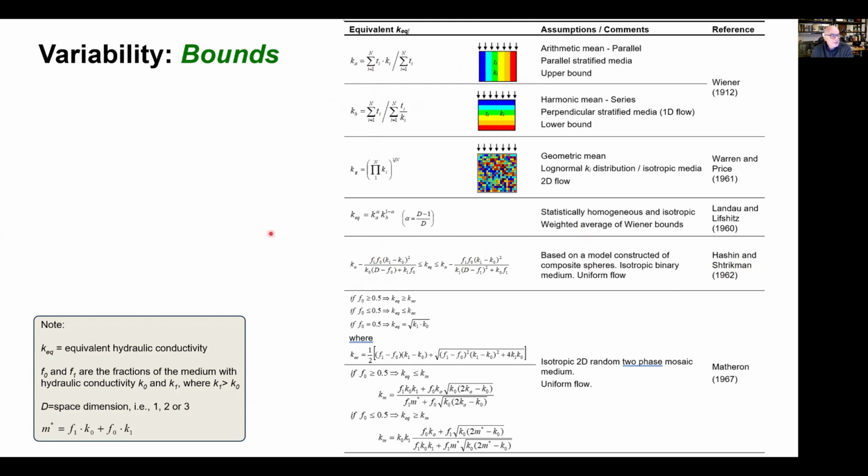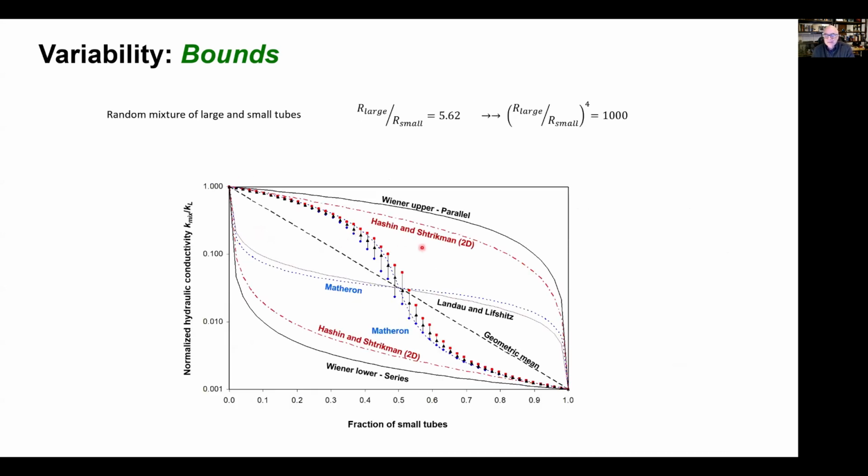And now we can use these bounds to go back to the problem of a network of two sets of tubes, and you see how the Hashin-Shtrikman bounds anticipate the boundaries. This is when they are all parallel, and this is when they are all in series. The Hashin-Shtrikman bounds are just a little bit narrower in this case. But the fact is that